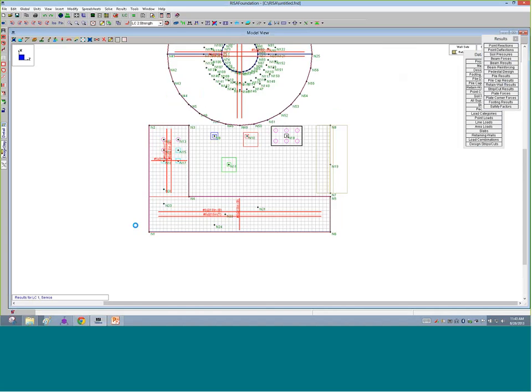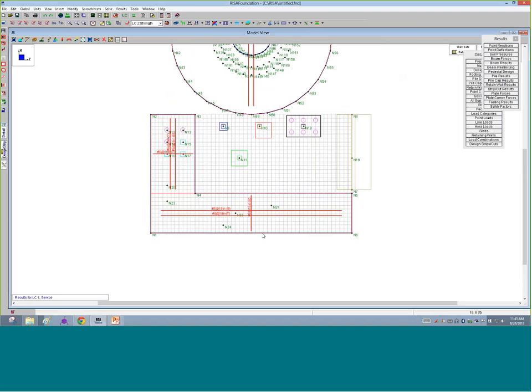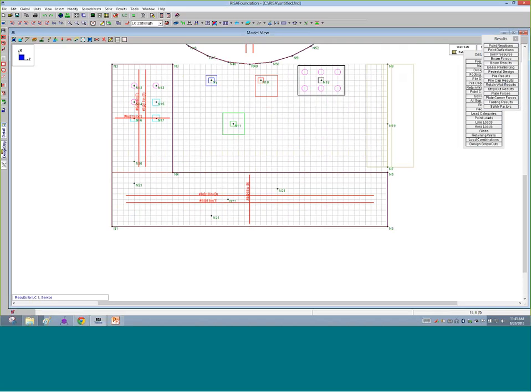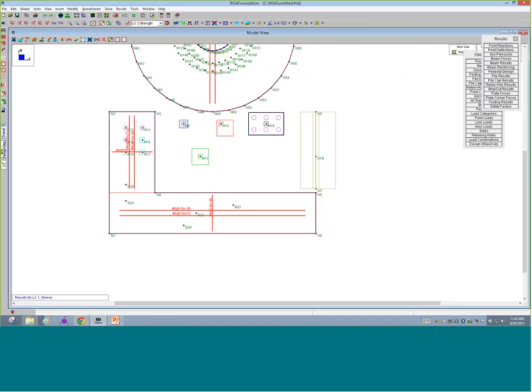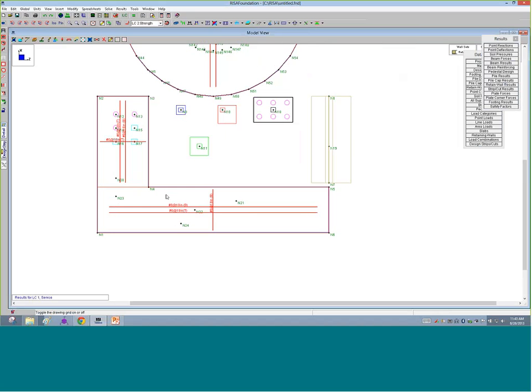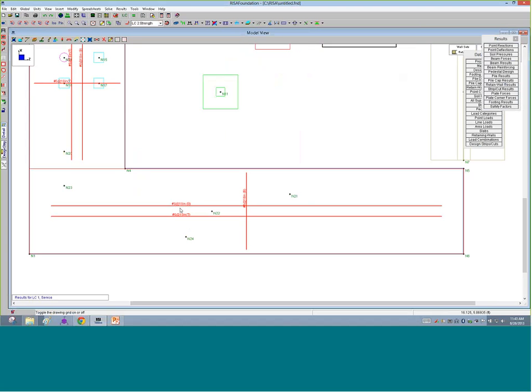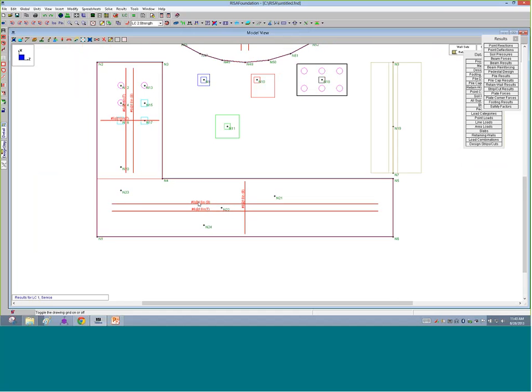Once we've solved the model, the first thing we get to see right off the bat is that slab information. And we see that I get reinforcement in the slab. It's showing right on the page, which is really helpful to see. And I get to see I'm using 18 spacing there, number 8s on the bottom, and number 6s at 18 on the top. In this direction, I only needed number 8s at 18 on the bottom. And to learn a little bit more about how that design gets done,